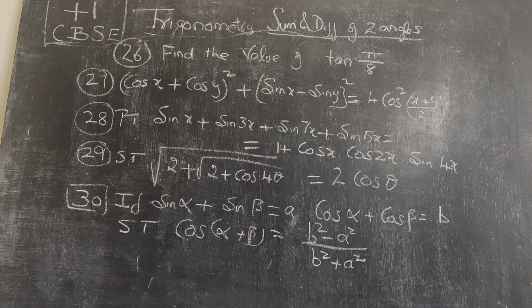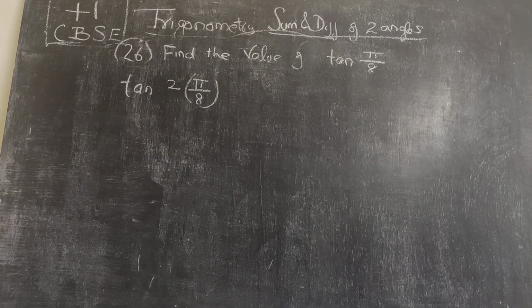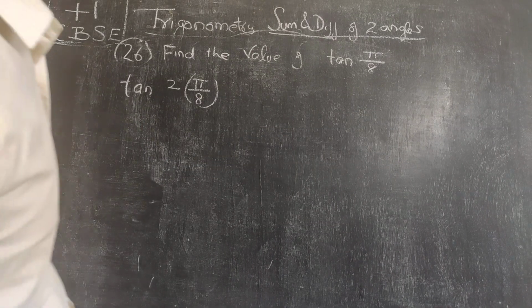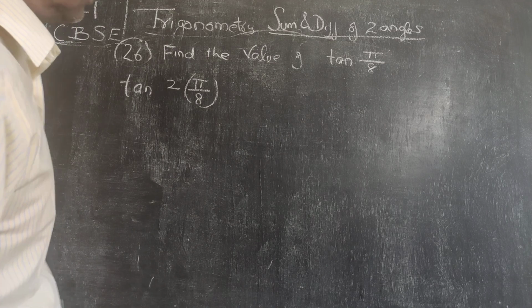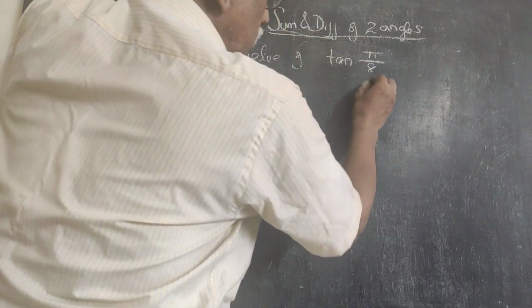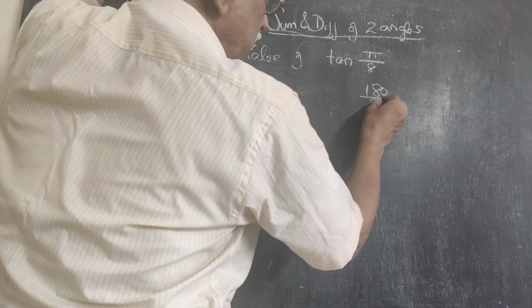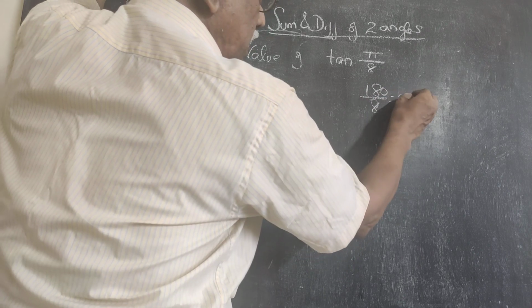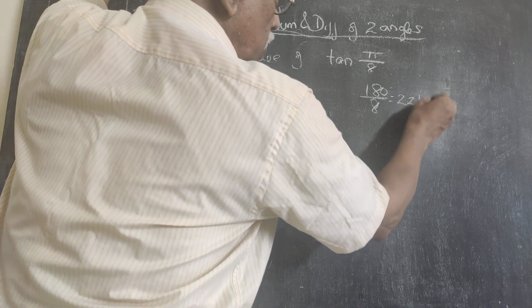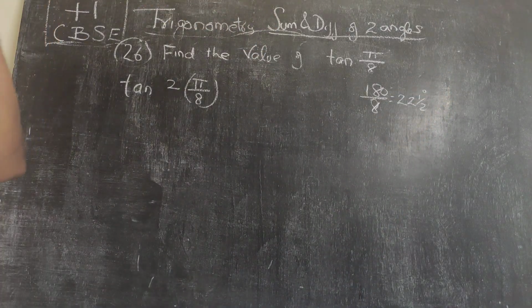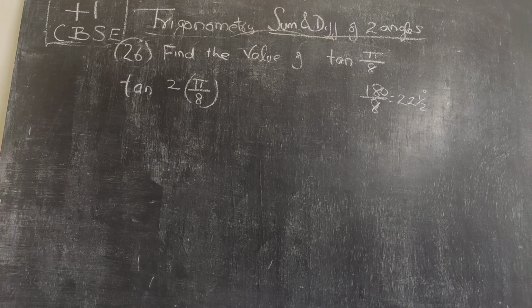Now we will go one by one. The first question itself is a good question. Tan pi by 8. Pi is 180 degrees. When you are dividing by 8, 8 2s are 16, and 20, 8 2s are 16, 4 by 8. So 22.5 degrees you have to find out. In the earlier videos, we have found out the values of tan 45, tan 105, tan 75 using the sum of the angles property or difference of the two angles property.